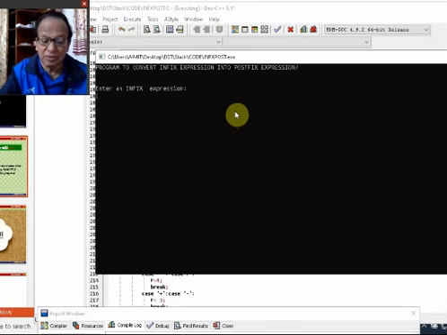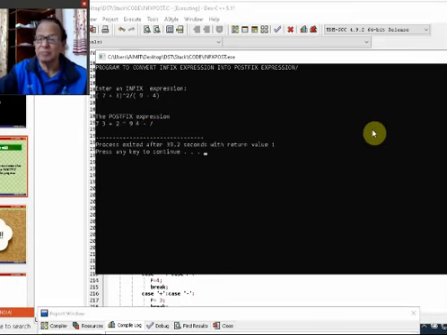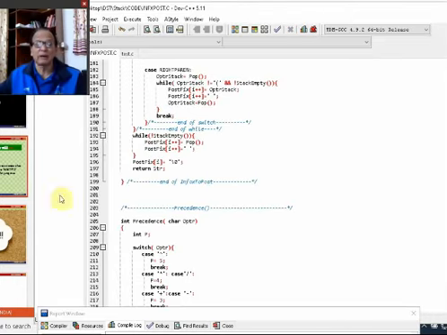Let us see: 7 plus 3, power 2, divided by 9 minus 4. As you see, it is converted. So these are two examples. You should be able to run this program.